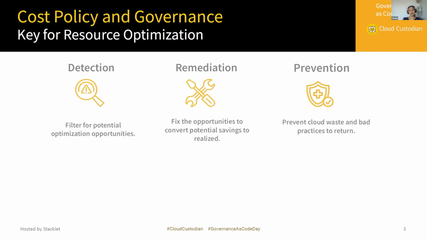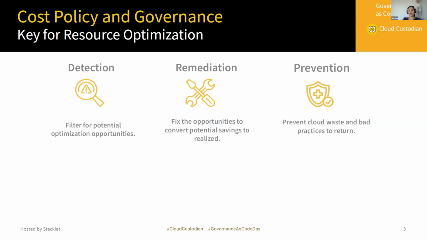And then the POC phase is when we manually take a resource in a non-prod environment, a lower tier, to make sure that whatever we are testing is actually giving us value. Are we able to convert potential savings into realized savings? Once we've done a manual approach, we understand the process. And then the next stage is remediation, right? I don't want to be doing the same thing day in and day out, because I want to move on to the next service or next opportunity.